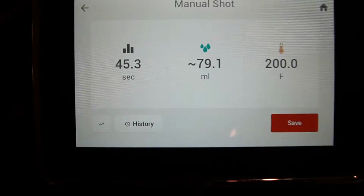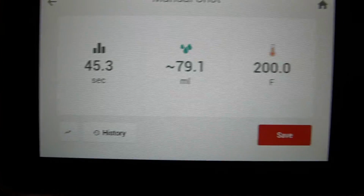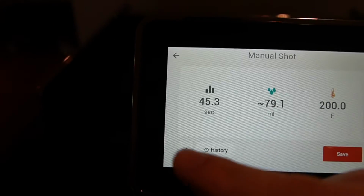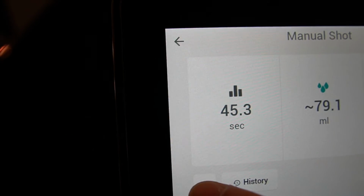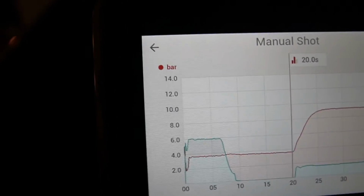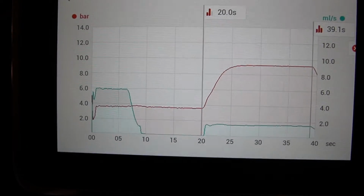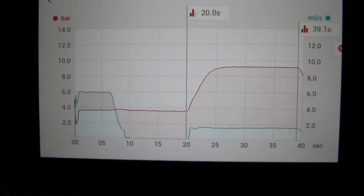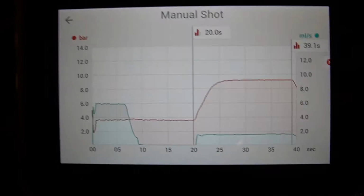So we see here how it gives me the amount of time, the milliliters of water, the brew temp, and then if I go into the very left button here, it gives me all of the parameters, so I can see throughout the life of the shot what the volume of water was and what the pressure was in bars. So it's all the data you could need. If you go back,